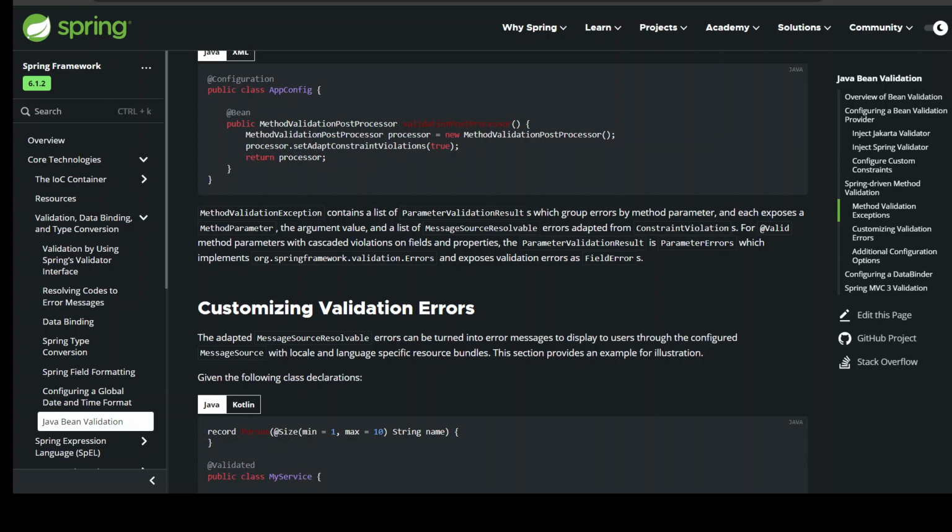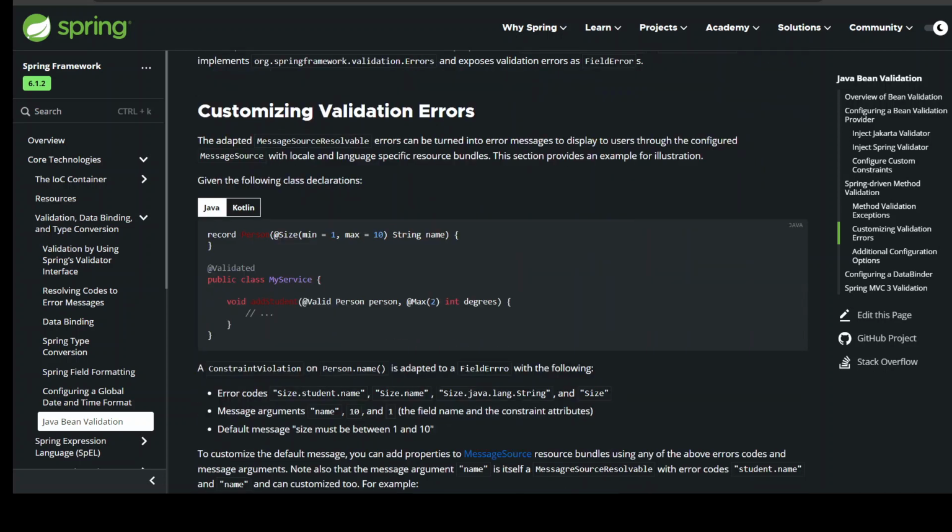Customizing validation errors. The adapted MessageSourceResolvable errors can be turned into error messages to display to users through the configured MessageSource with locale and language-specific resource bundles. This section provides an example for illustration. record Person(@Size(min=1, max=10) String name) {} @Validated public class MyService {